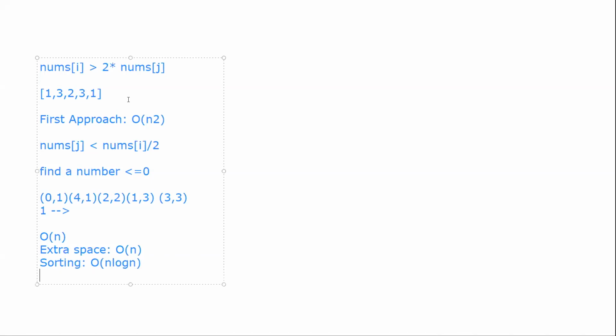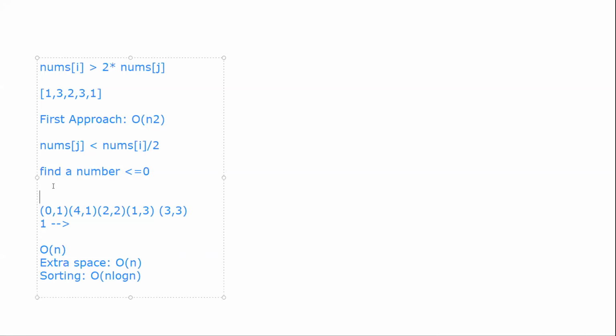Is there any benefit of sorting by values and not indexes, or vice versa? Your index i should always be less than j, right? So if you sort them, won't the order be? No, that's why I'm saying that I'm maintaining extra space. So this is my new array. What I'm asking is that here you're sorting by indexes, I think, right? No, I'm sorting by values. Okay, so will there be any difference if we sort by indexes?